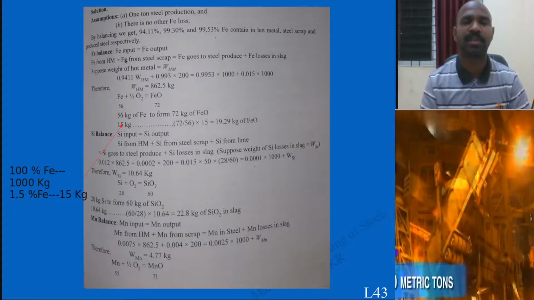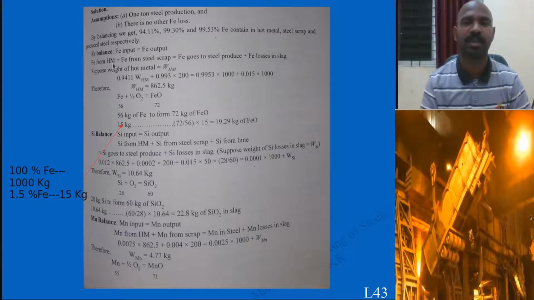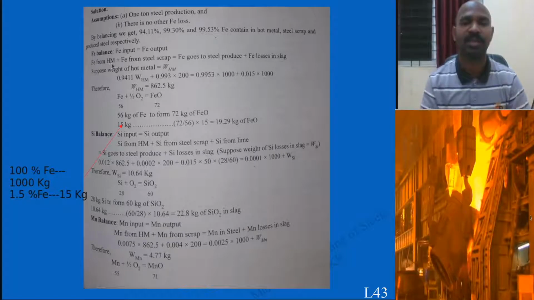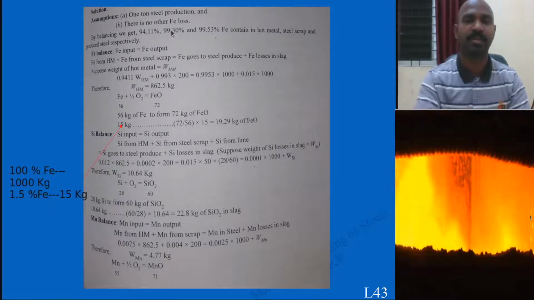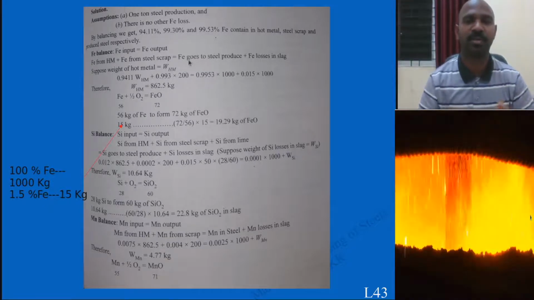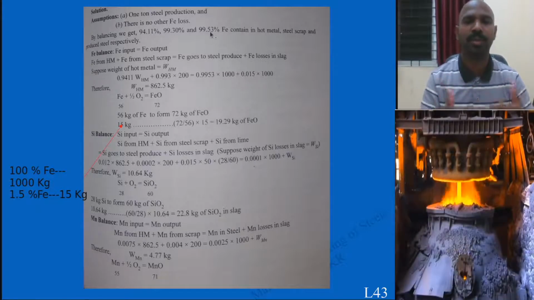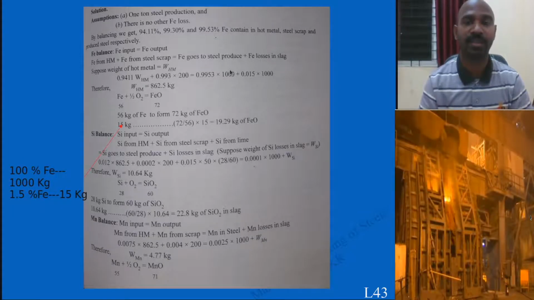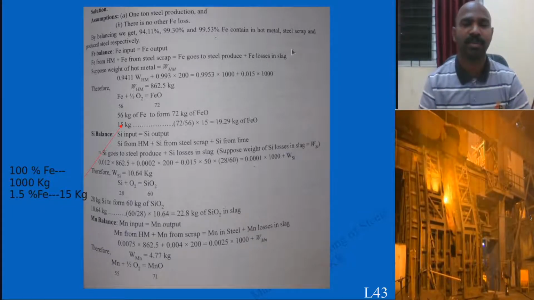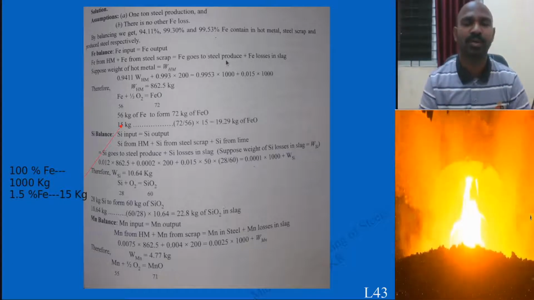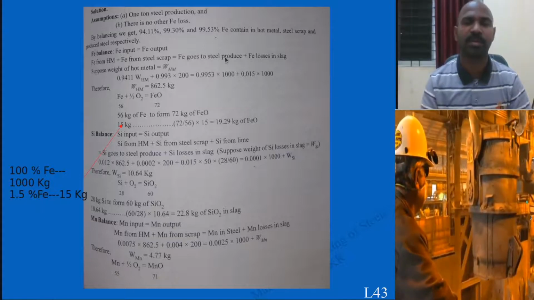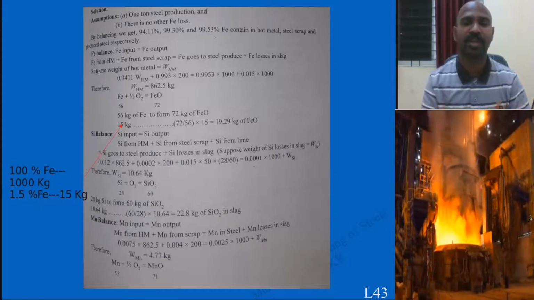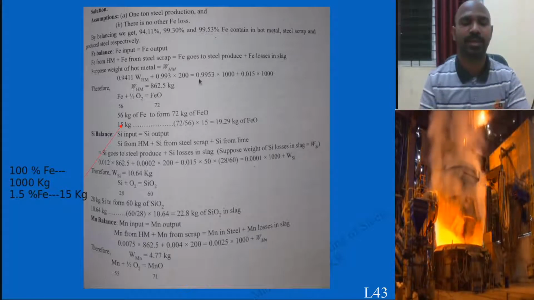When you expand this equation, how is the iron coming in the input form? Iron from hot metal: in the hot metal, this much iron is there. In the steel scrap, this much iron is there. In the output, iron is going into the steel, this much 99.53 iron is going into the steel, as well as iron lost in slag form, FeO form. This equation one needs to write down. If you write down this equation, you have solved half of the problem. So if you just substitute in this equation, you will get the answer.